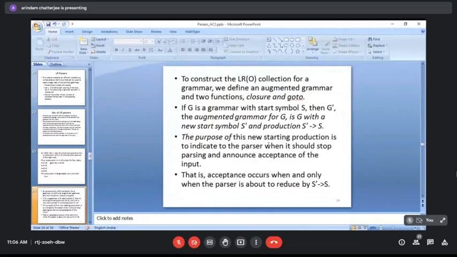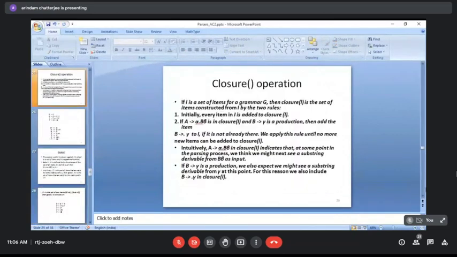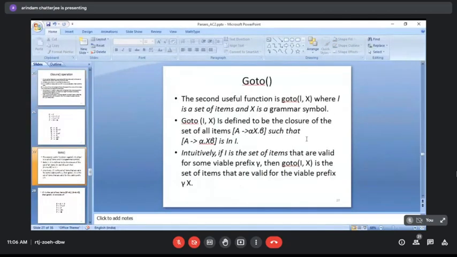So let us see the goto function. I'll come to the closure function a little later. Goto I, X: I is a set of items. So we generally don't talk about a single item, but a set of items. The reason will be clear when we talk about the closure operation. And X is a grammar symbol.